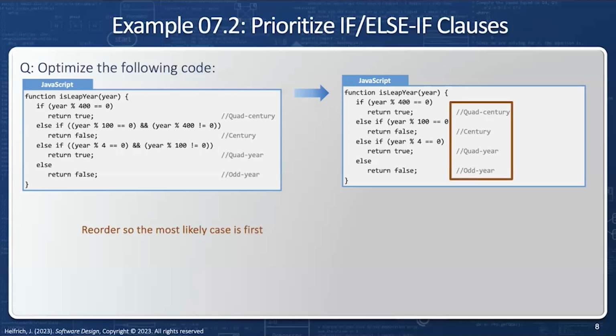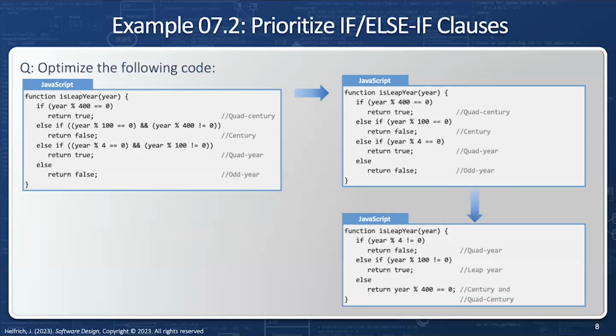The next thing I'm going to do is reorder these for the most likely case first and the less likely case last. Currently, I have a 0.25% chance of being on a quad century, yet it's the first one. And I have a 75% chance of being the odd year, which is the last one. So if I reverse the order, then I'm going to have the most common case, 75% of the time,